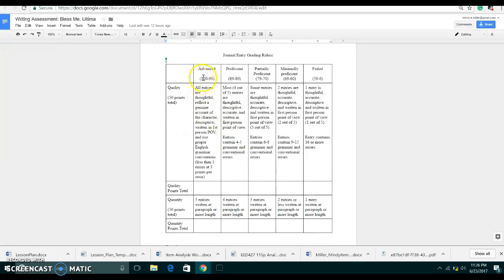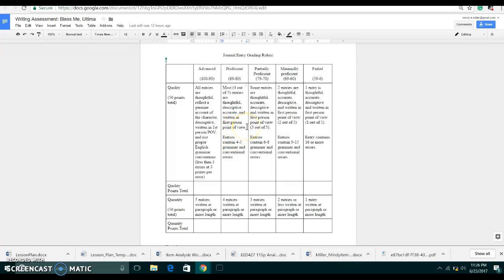So as you see, I changed the grading scale from 0 to 30 to 0 to 100, and I included a little more specifics. Instead of just leaving it general, like "most entries are thoughtful," I included literally 4 out of 5, 3 out of 5, 2 out of 5, 1 out of 5. And then I included grammatical errors like they did on the first rubric, and I included